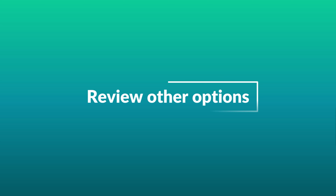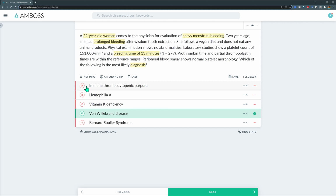But that isn't the case here. VWF has no effect on PT, platelet count, or morphology. So now we have a good understanding of why only bleeding time is increased, while PT, PTT, and platelets are all normal. As for the other options, as a platelet disorder, immune thrombocytopenic purpura can cause similar prolonged bleeding, but